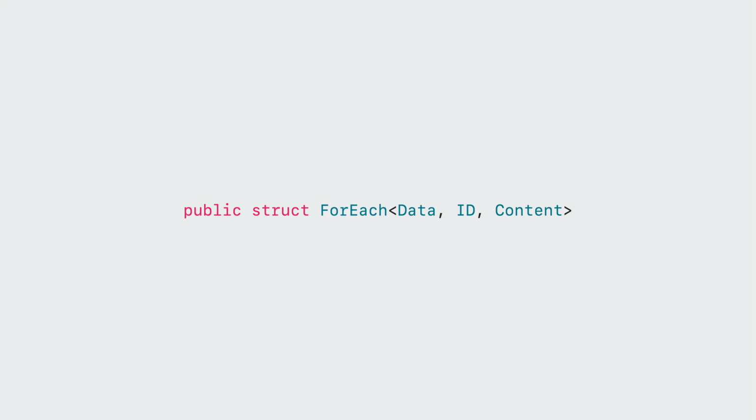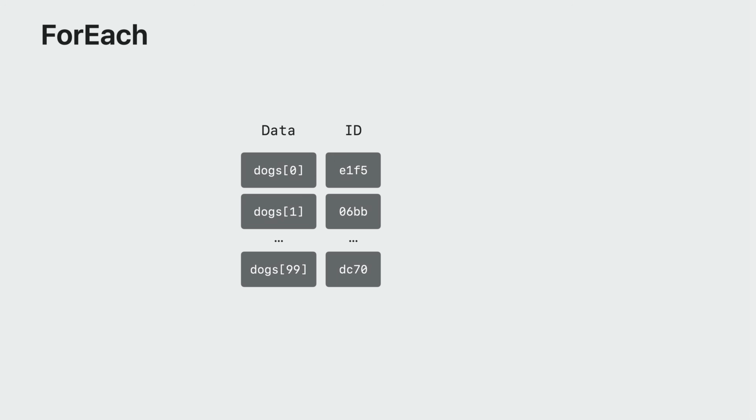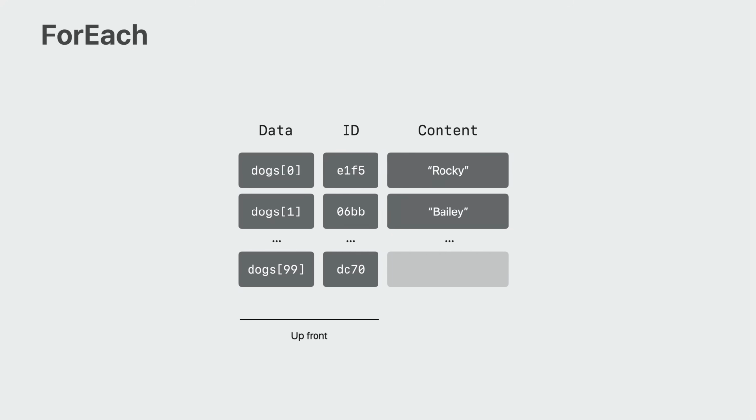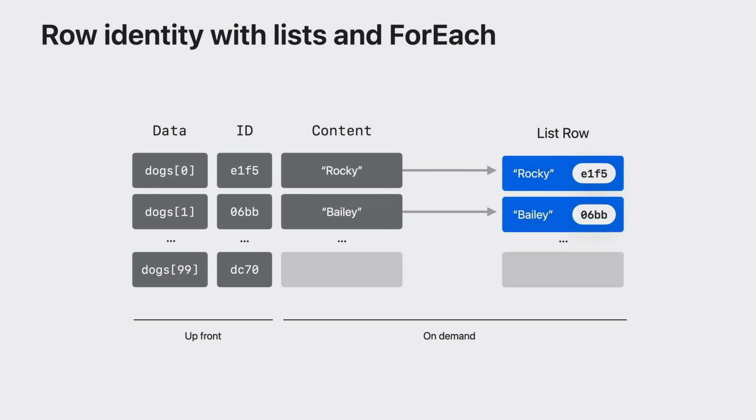This is the signature of ForEach from SwiftUI. ForEach maps a collection of data onto a resulting sequence of views, producing explicit identity for each of its views. When you use List, it needs to figure out how many rows to display, as well as what the identifier for each row is. Therefore, it visits the data collection upfront, determining each element's ID. The content closure is called to produce each view. Rows are created on demand.